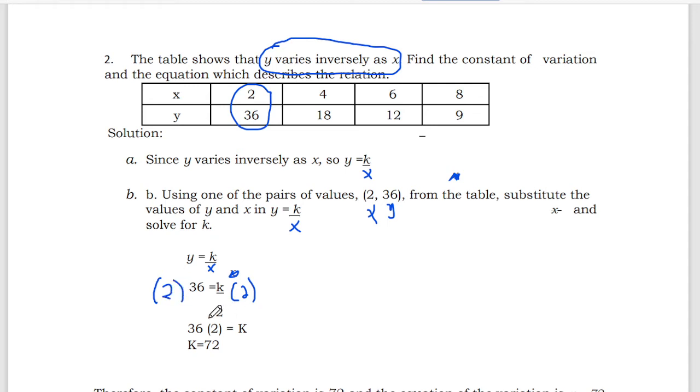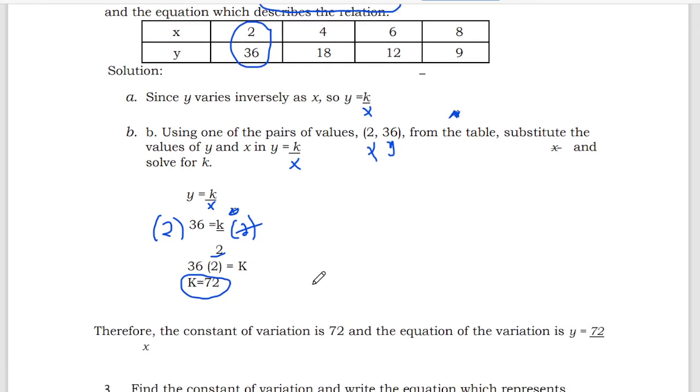So we can cancel this one and this. What is left is k. So 36 times 2 is 72, therefore that is your k. So replacing, we can say that the constant of variation, this k, is 72. So therefore the equation now is y, based from here,